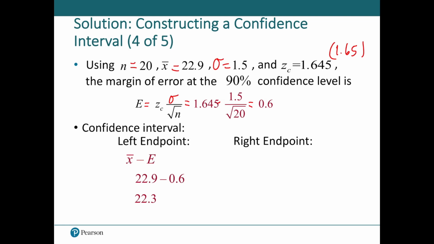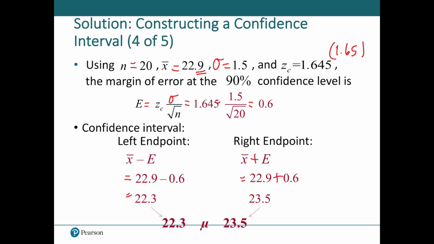So the confidence interval, starting at the left endpoint, going to the right endpoint, will be, on the left, x bar minus the margin of error. And to be fair, they only had the x bar given to 1 decimal. So I suppose that's all you could really get out of this. 0.6 subtracted from 22.9, the smallest number that we could have that's believable would be 22.3.